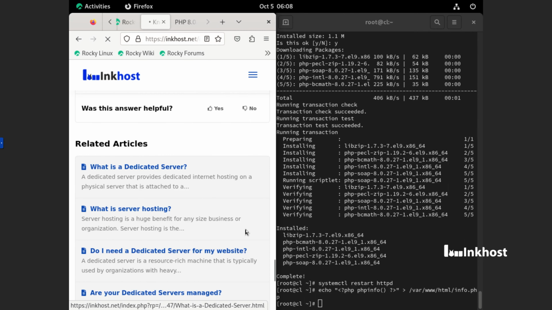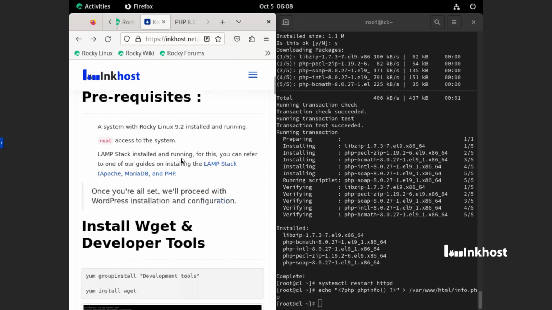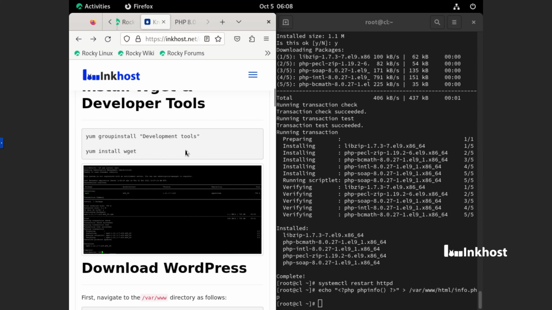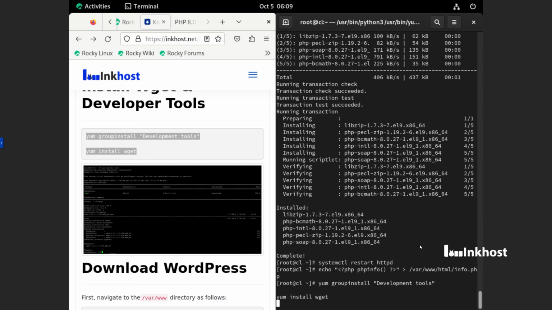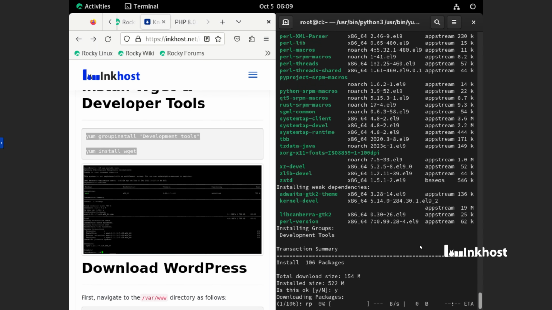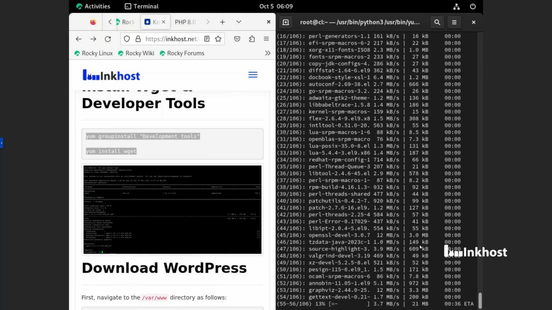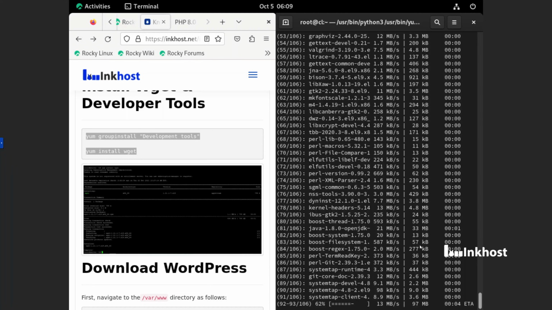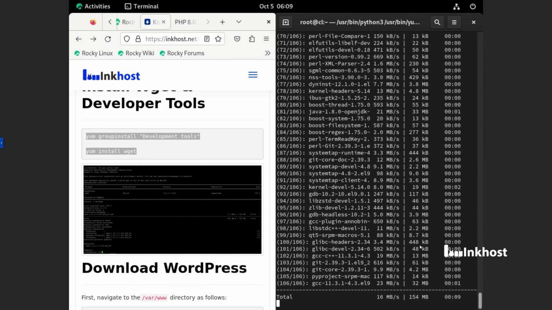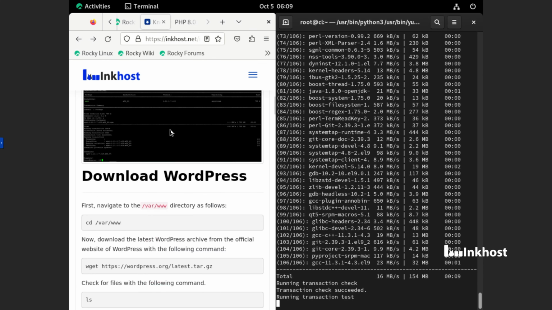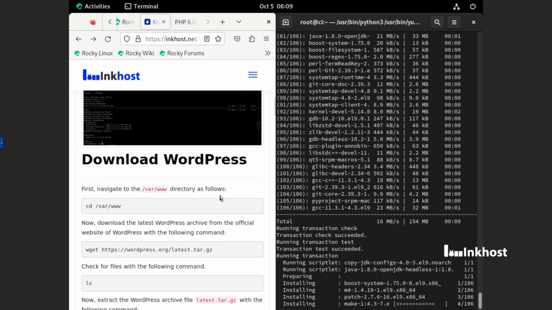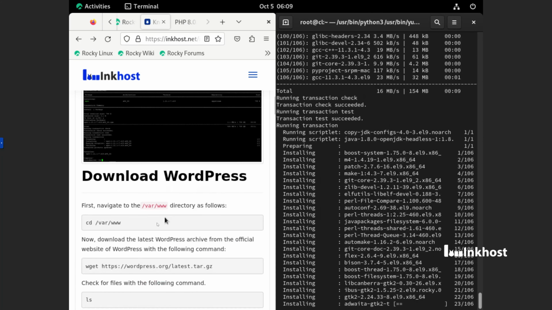Now we will go back to the WordPress installation codes. We need to install the development tools first. We just copy paste, and first we will do clear here before that. So just copy paste. Put yes, and we will wait some time to install the development tools. After this, we will download the WordPress version, the latest version from the official website. Do you see this one? This is the WordPress downloader. We have